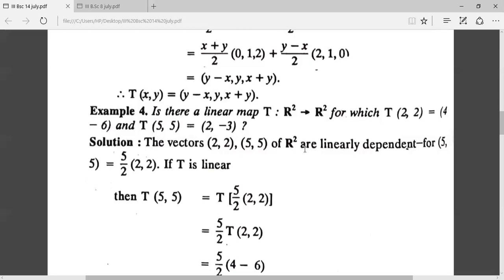You have expressed the last vector as a linear combination of the preceding vector,